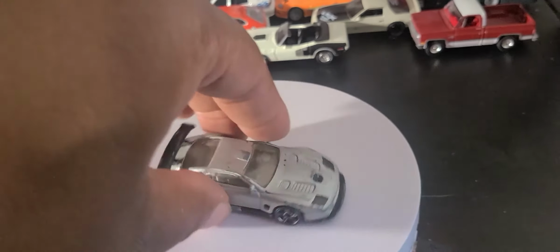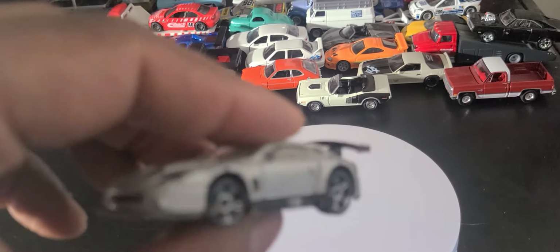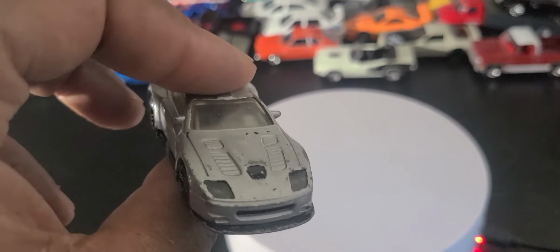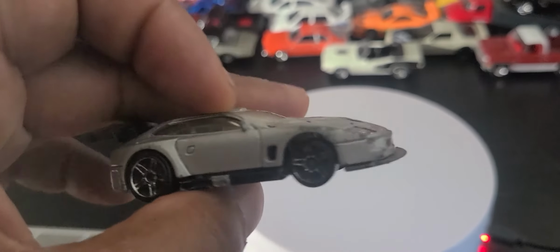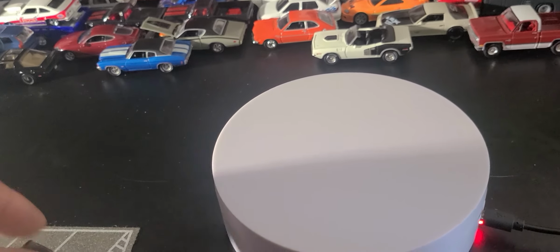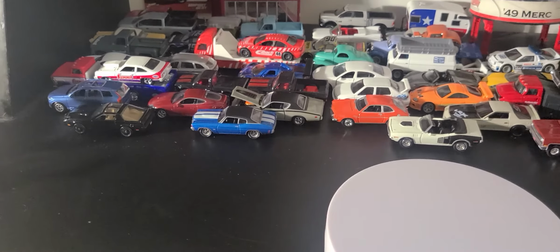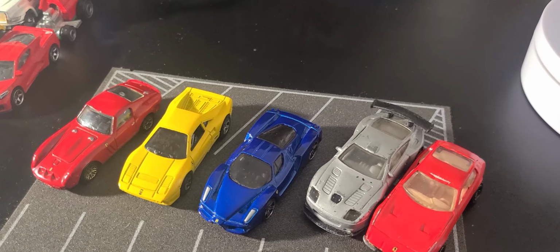And this is badly in need of a paint job and wheel swap, but it kind of has a barn find look to it, which gives it some mystique of its own. One of the times I wish I could customize, I think I probably have the ingenuity to do it. I just, with these cars, my thing is if I can't do it correctly, I don't want to do it at all,